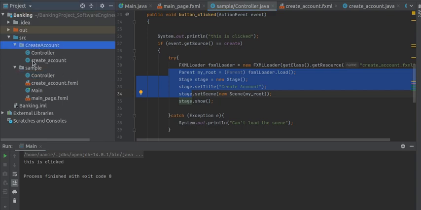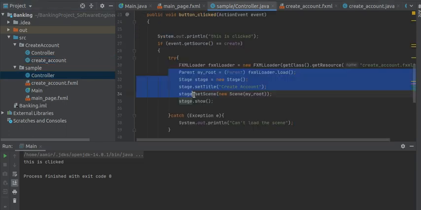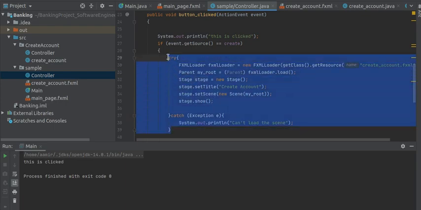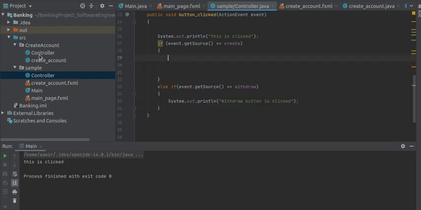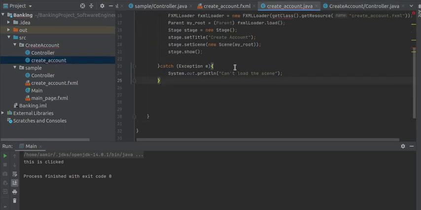This controller is the controller of this fxml file, main create account, and in this is the name of a static function. It is main, or whatever you name it, it will work. Now let's copy this whole thing and add it here to make my code a little cleaner.